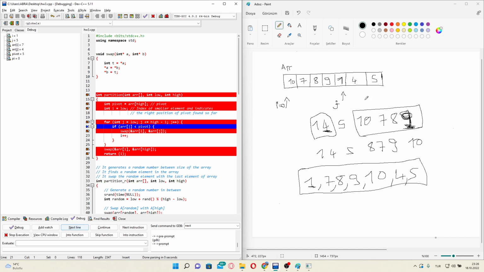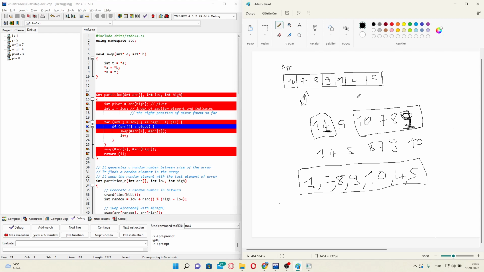Now I will be 1, we will increment I, as showing here, and we will also increment j. If the condition is true, we will increment I and j both. If the condition is false, we will just increment j. It will go on like that, and at the end it will be how it will be. I will just